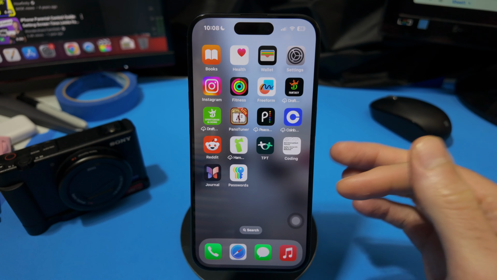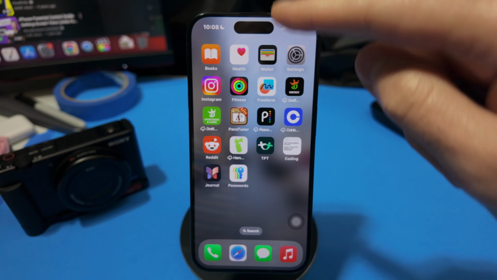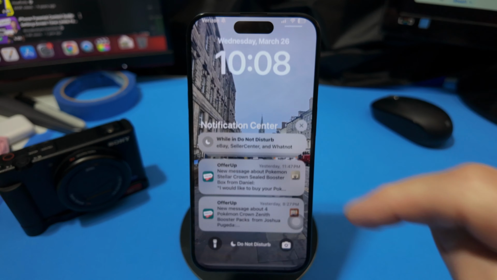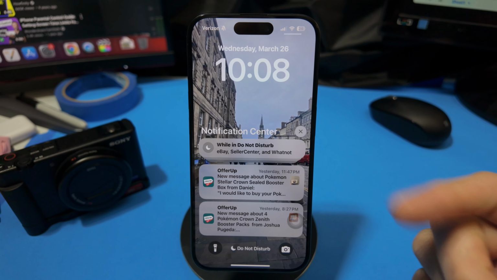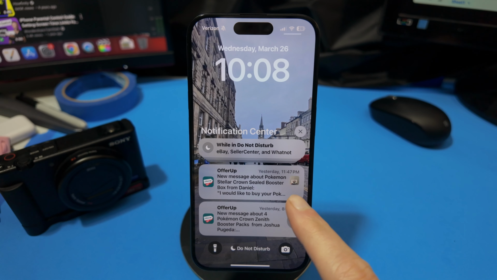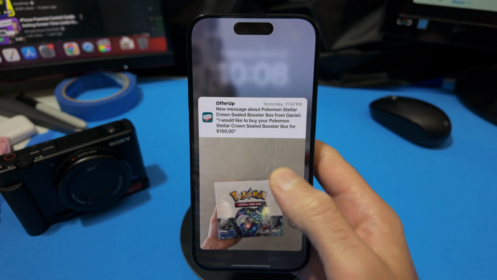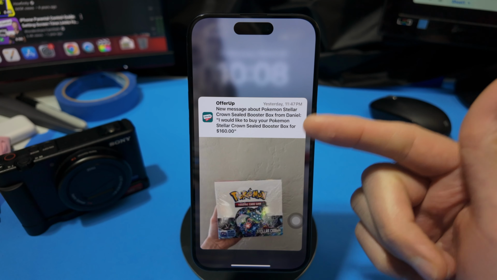So once we have the banners notifications on, what we can do is scroll down from the top. We're just going to swipe down from the top here, and it brings up our notifications. Now what you can see is that I have something from OfferUp here, and the message gets cut off with a ... But if I tap and long hold on this message, then I'll be able to view the